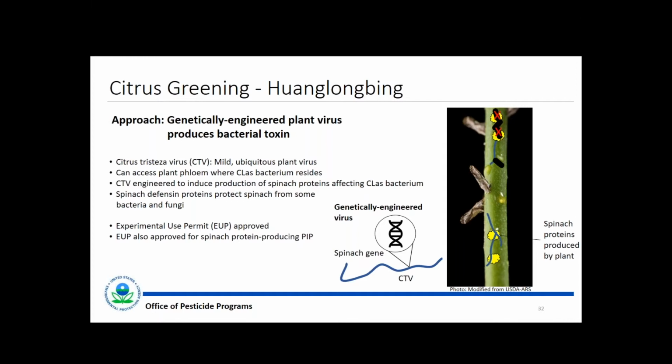The virus itself was engineered to contain a protein that was originally identified in spinach. So there are a lot of different parts to this. There has been exposure to these spinach proteins through normal ingestion, and actually in spinach it helps the spinach plant combat bacterial infection. So now if you take an infected citrus tree that is infected with a bacterium, and then